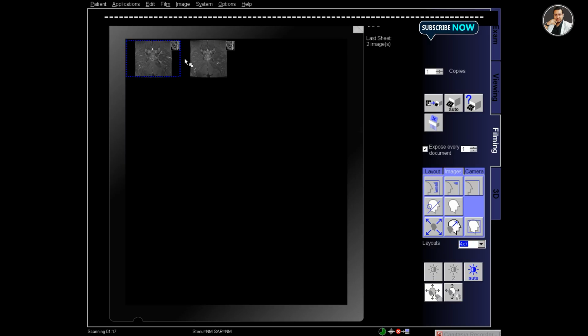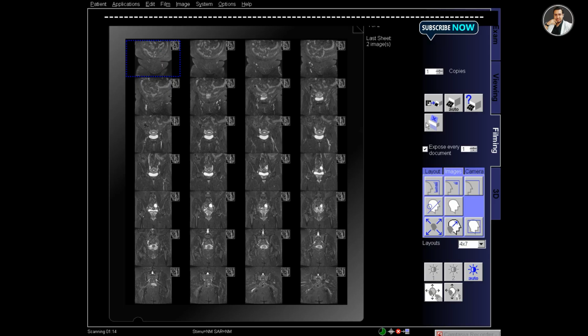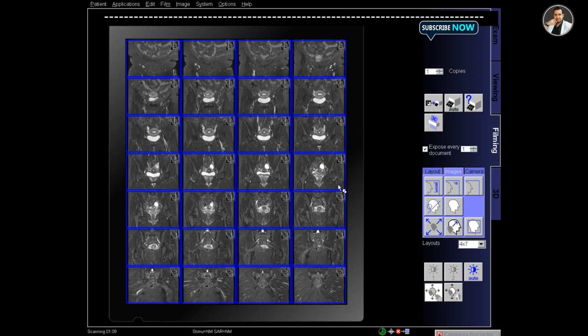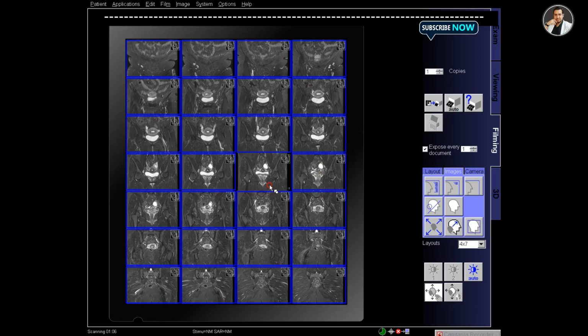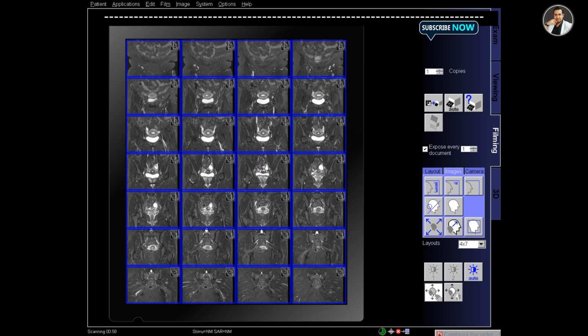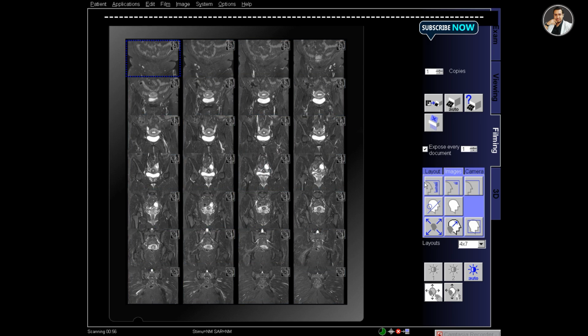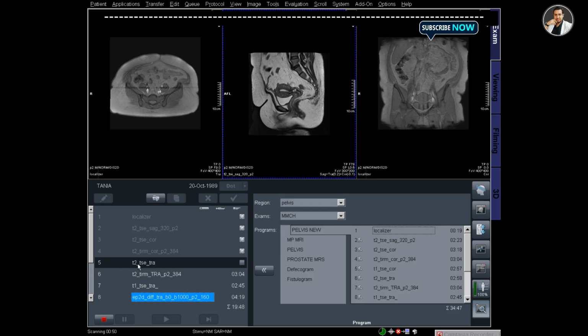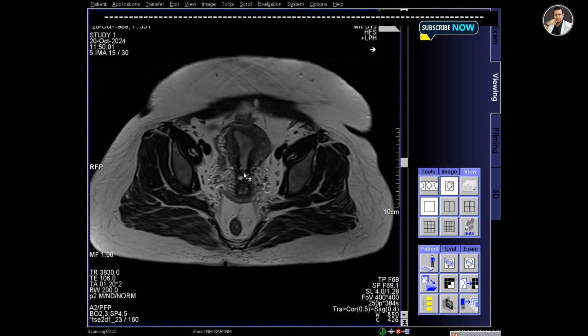Select 4 into 7. That means 28 segments in the film. So delete the extra images so that there is only one film remaining. And now adjust the window contrast and the zoom pan. And print out the film. So I have already printed three films. One is T2 sagittal, one is T2 coronal, and one is T2 TIRM coronal.